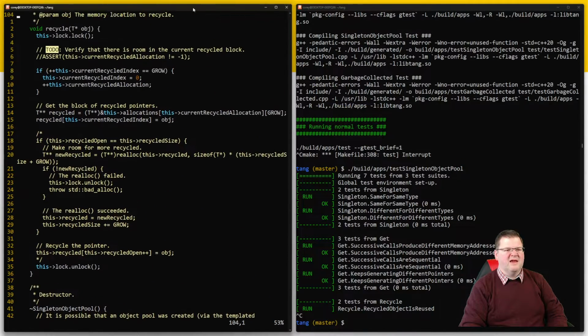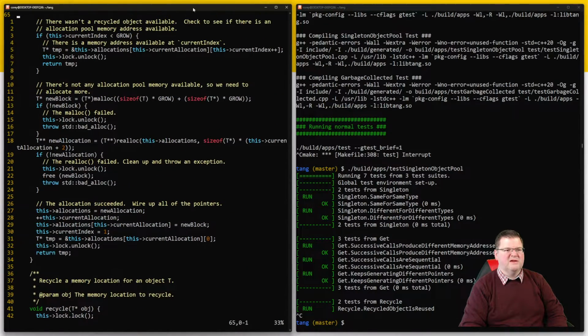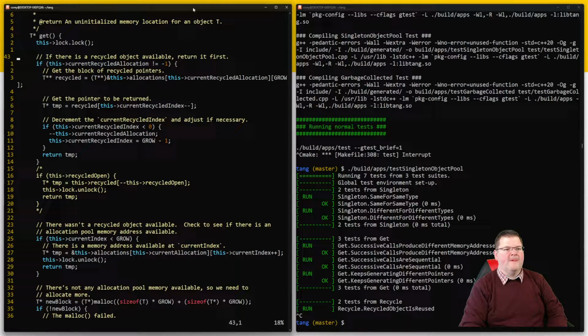So let's look at get first, because that's my gut reaction of, hey, this is probably where we need to look. And I could be wrong, but okay, if there is a recycled object available, so current recycled allocation does not equal -1. If that is the case,